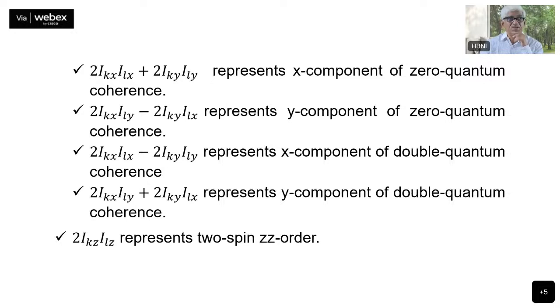2IKX ILX plus 2IKY ILY represent the X component of zero quantum coherence. KXLY minus KYLX, the Y component of zero quantum. KXLX minus KYLY represents the X component of double quantum. KXLY plus KYLX represents the Y component of double quantum. Notice here always that when you are talking about